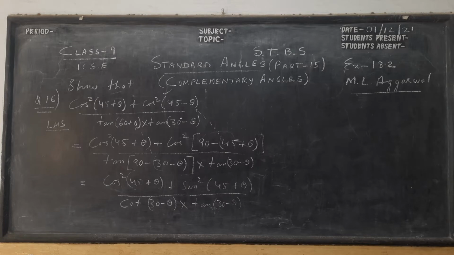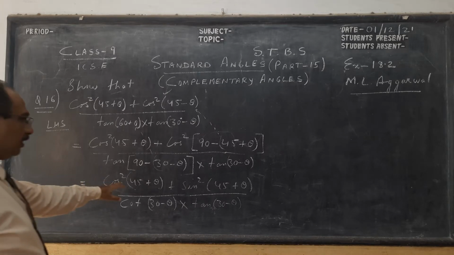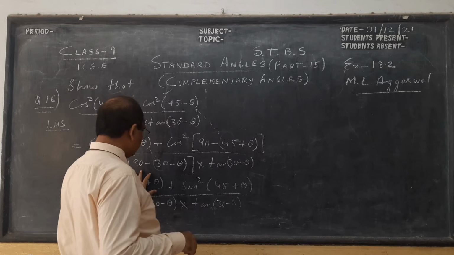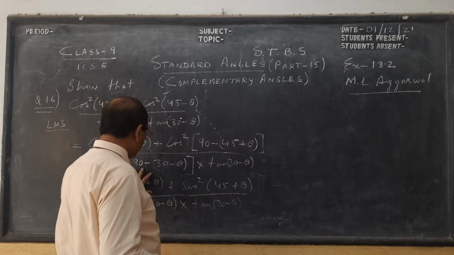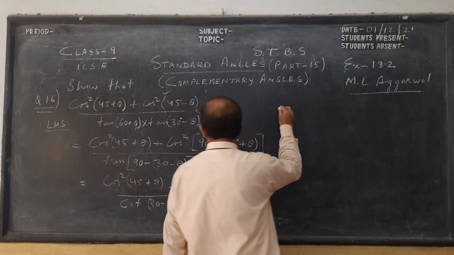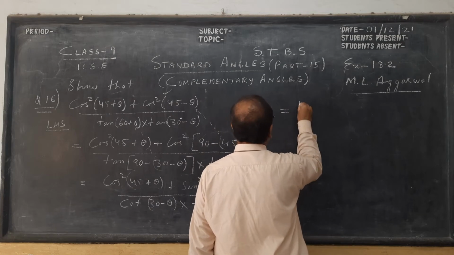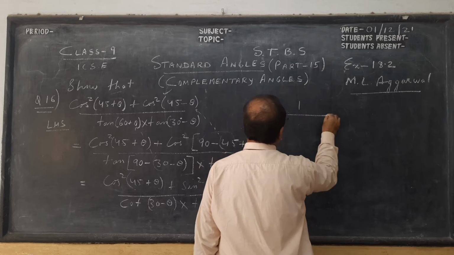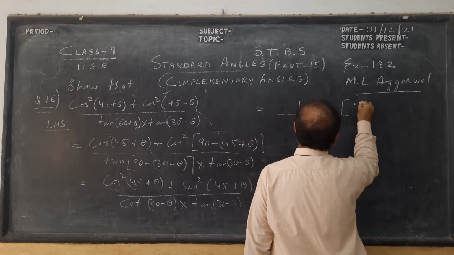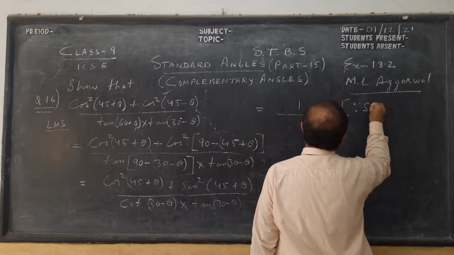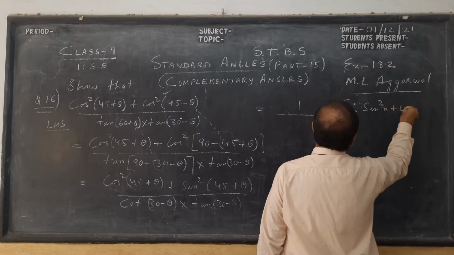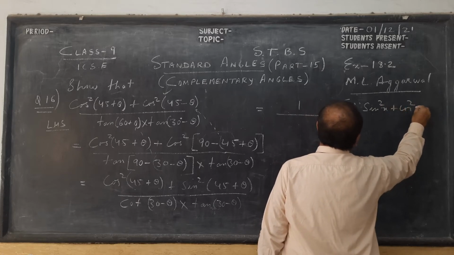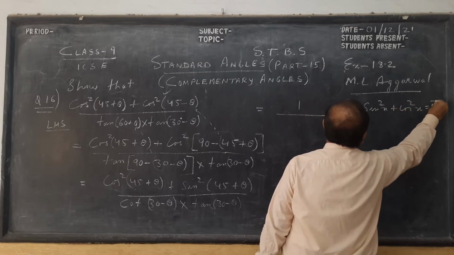So next we solve the last part. So we know sine square theta plus cos square theta. See, this has to be the same angle. This value in the bracket, since we have two values, in the numerator we get 1. See the denominator, children. So you can write here, children, since sine square x, I'm not using theta, plus cos square x, we have seen this earlier, is 1.